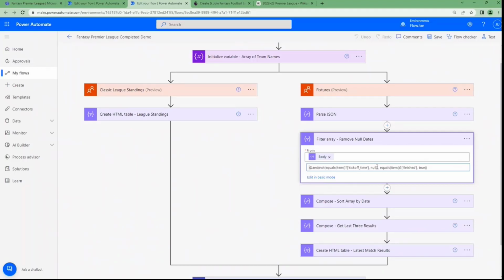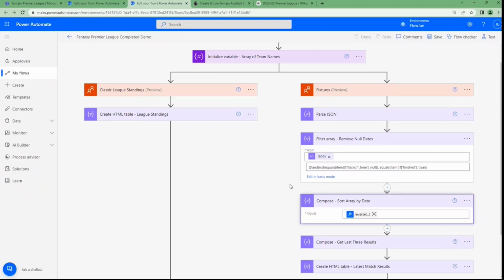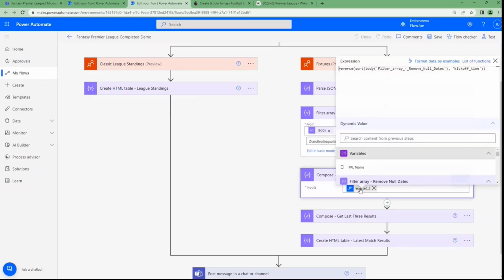So I'm putting a not equals kickoff time of null, as well as an equals of finished, because I only want the games that have been played, since this gives you every single fixture. So I only want the games that have actually been played. Then I'm going through and sorting the array. Now this is a new